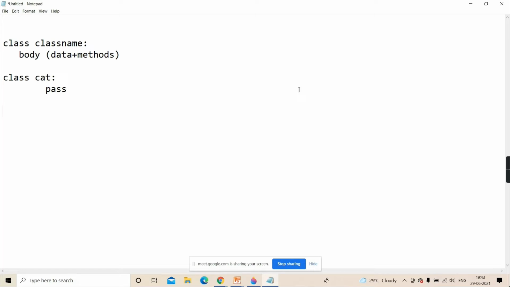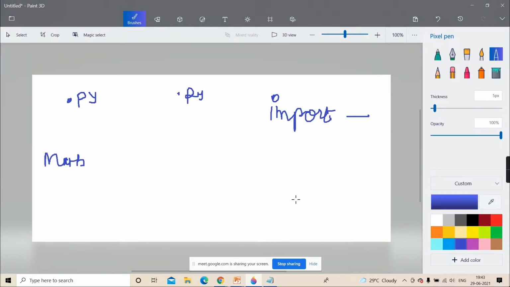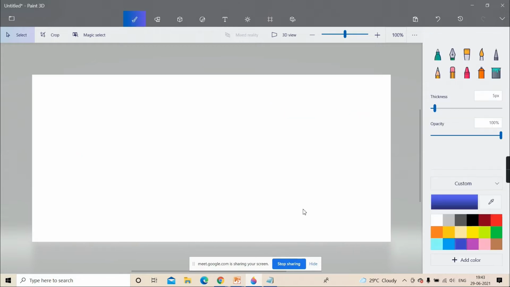Now we'll see how to create objects. To create an object, you will have a reference variable, that is the name of your object, in which the reference of that object is copied. I hope you know, when you create an object of the simple integer class also, you write x equal to 10. But what happens, you know, no? An object of which class is created? Int.